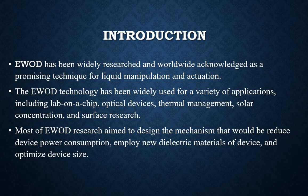For the introduction, since the last decade, electrowetting on dielectric (EWOD), which is derived from the phenomenon of electrowetting, has been widely researched and worldwide acknowledged as a promising technique for liquid manipulation and actuation. The EWOD technology has been widely used for a variety of applications, including lab-on-a-chip, optical devices, thermal management, solar concentration, and surface research, due to the benefits of enormous pressures at micro-mesoscales, a quick reaction time in the millisecond range,